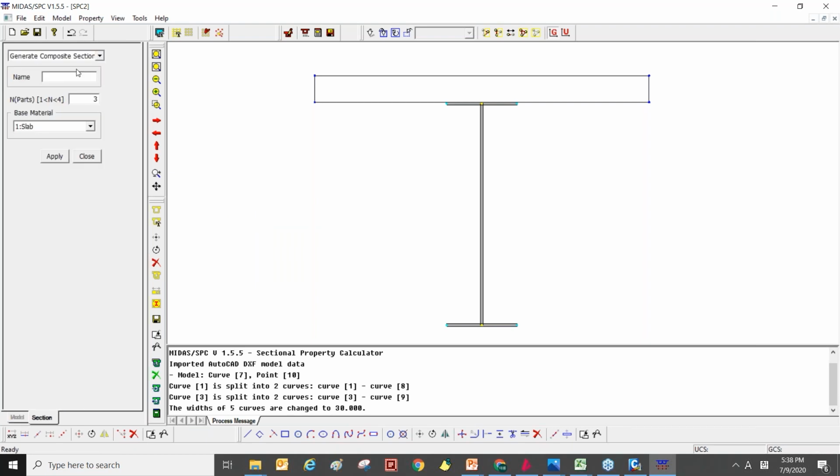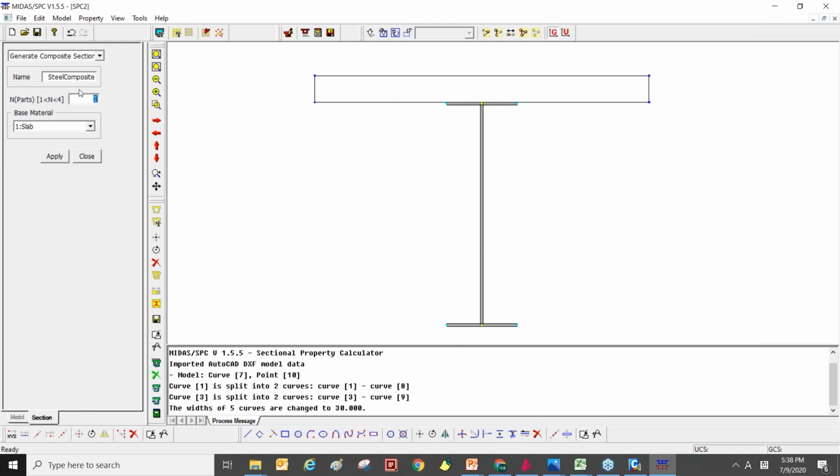So we need to create the whole composite section name. Steel composite, and there are two parts. Part one is the steel girder, and part two is the slab.